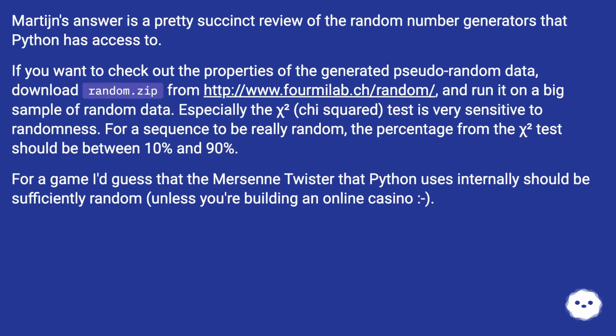If you want to check out the properties of the generated pseudorandom data, download random.zip from this URL, and run it on a big sample of random data. Especially the chi-squared test is very sensitive to randomness. For a sequence to be really random, the percentage from the chi-squared test should be between 10% and 90%. For a game, I'd guess that the Mersenne Twister that Python uses internally should be sufficiently random, unless you're building an online casino. :)